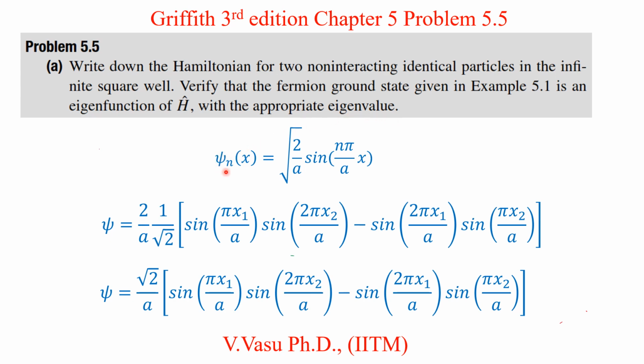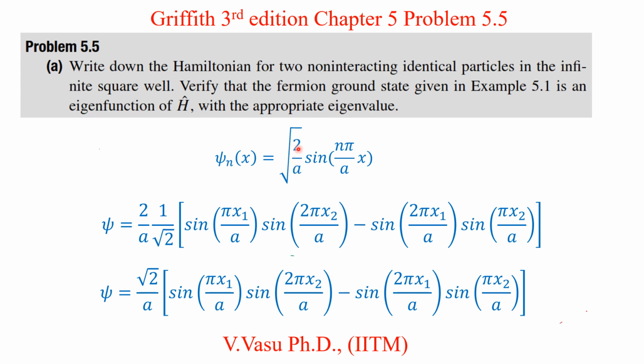Now the nth state wave function for the infinite square well potential is equal to square root of 2 over a times sine of n pi over a multiplied by x. This is the wave function for the nth state of the infinite square well potential. Here it is given there are two non-interacting particles. So let us say particle 1 is at state 1 and particle 2 is at state 2. So for particle 1, the wave function has a factor of 1 over square root 2. Of course, we have taken this